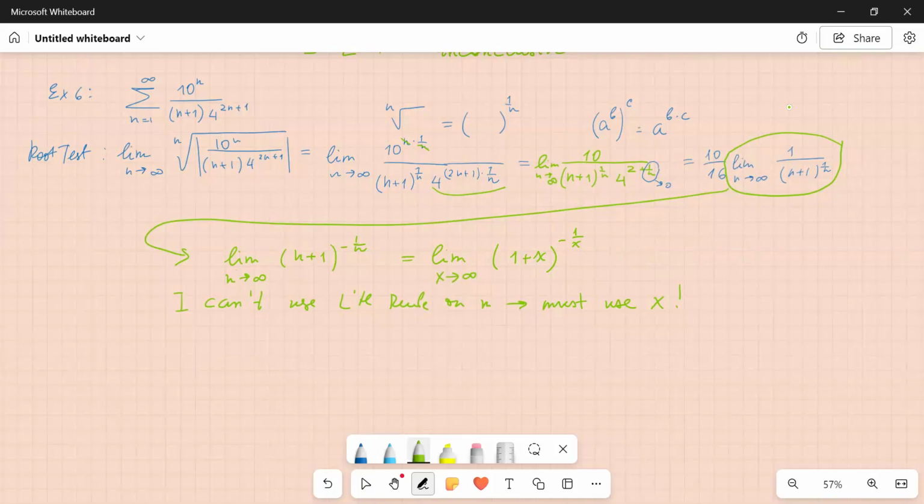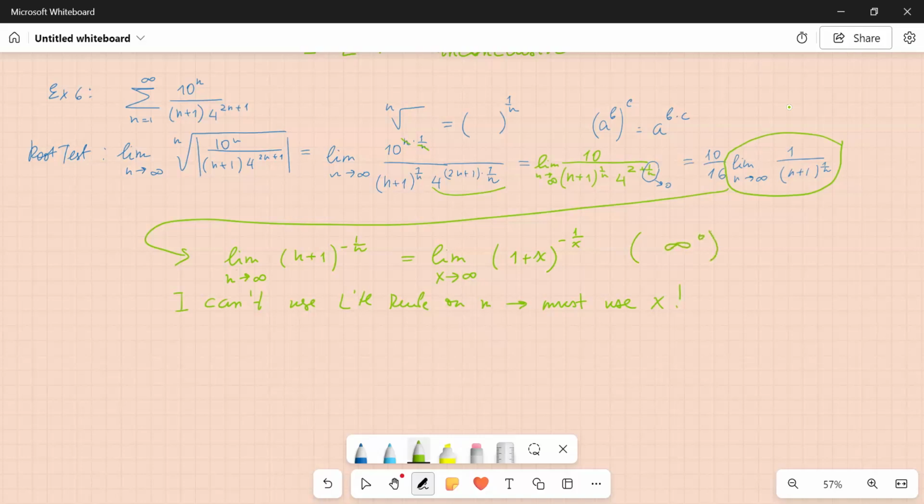I was wrong. Here x goes to infinity. I'm going to just use L'Hopital's rule. We have infinity to the power of 0,